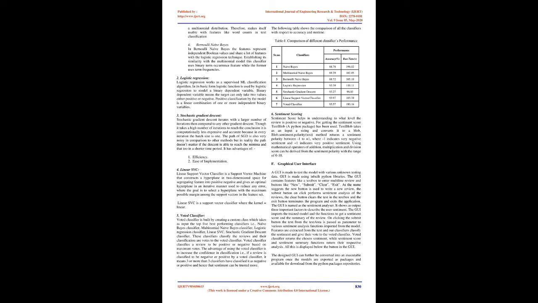Since the data has already been shuffled before assigning it to the testing set and training set, chances of bias have drastically been reduced. The training set is used to train a number of classifiers, namely naive Bayes, Bernoulli naive Bayes, multinomial naive Bayes, stochastic gradient descent, logistic regression, and linear SVC, and finally a voted classifier, which is a collection of other trained classifiers. Fig. 3. Voted classifier working model.